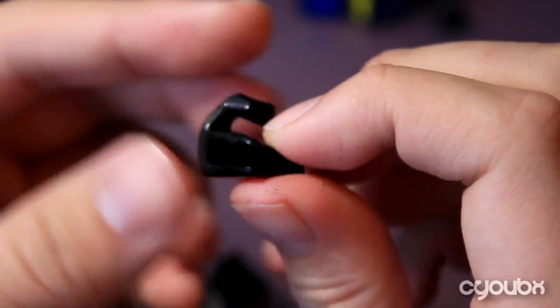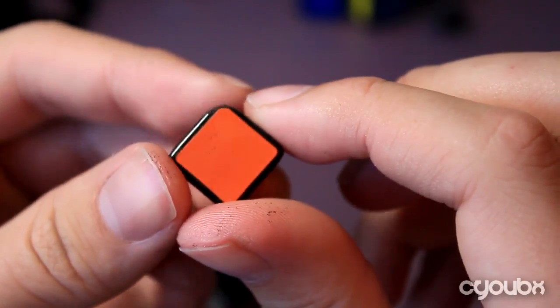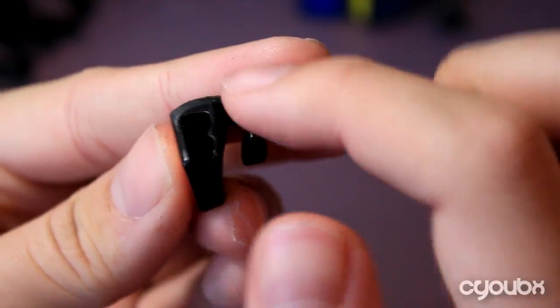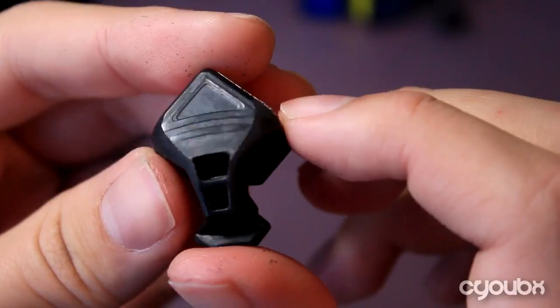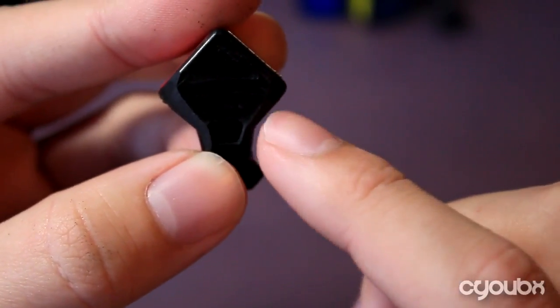I used that as a guide to make sure I didn't over mod, but you can also see from this profile how the corner is now gone. It's much more beveled, and from this angle you can also see how it's much more circular, whereas before it was more jagged. And finally, for the edge piece, you can see how from this angle it actually curves